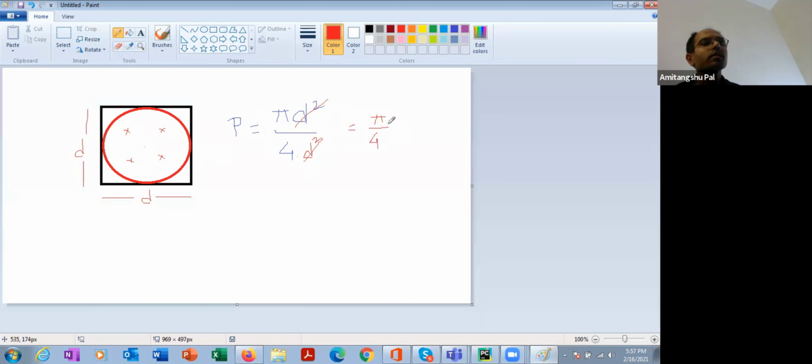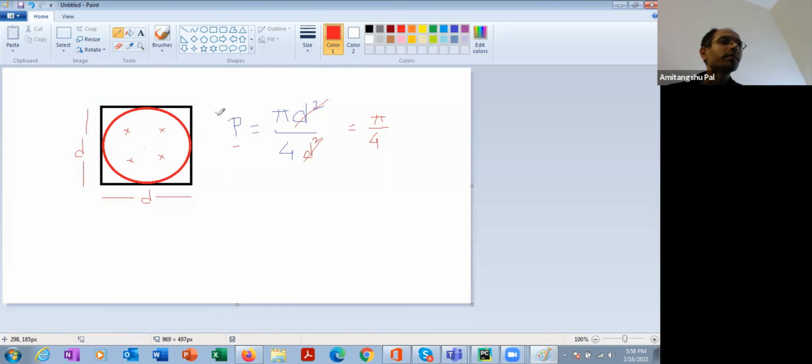Okay. So that's a very interesting result, right? What I'm saying is that if you throw arrows randomly in this space, and if you conduct this experiment a very large number of times, then you can calculate P, because P is nothing but the number of times you are getting a hit divided by the number of events.